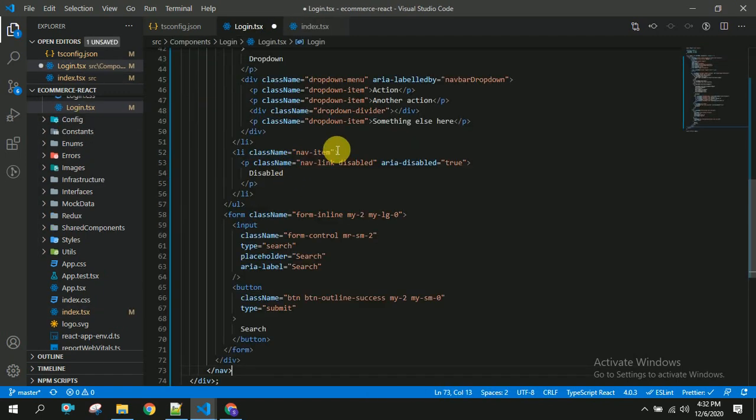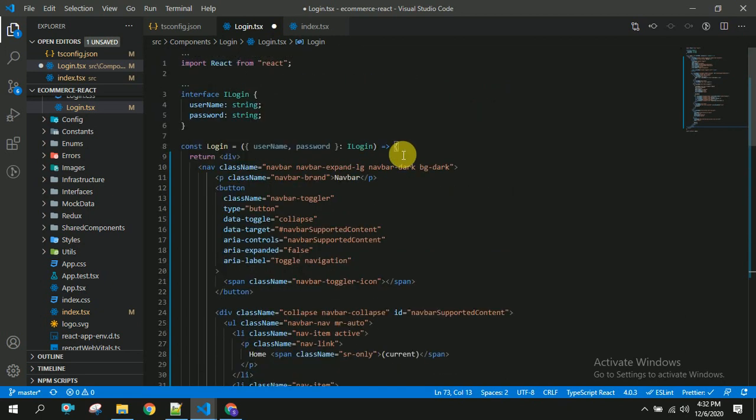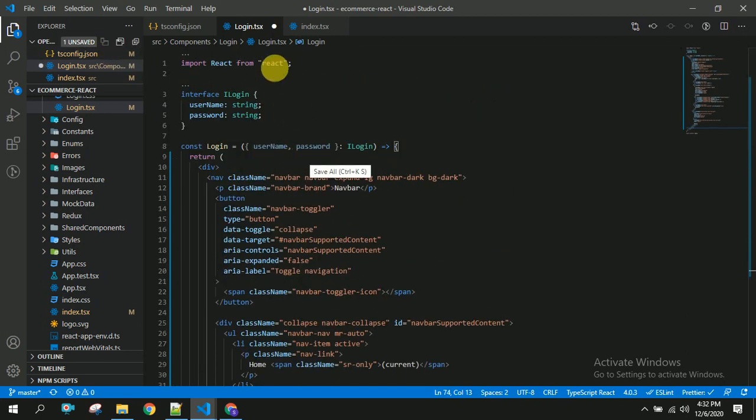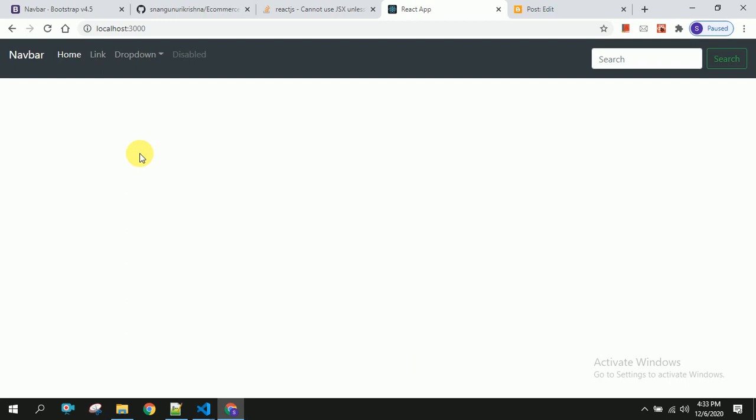Once this is done, we have to save this and test in our browser. Once we refresh this, you should be able to see this navbar here. You can see here, so our Bootstrap got successfully integrated in our project.